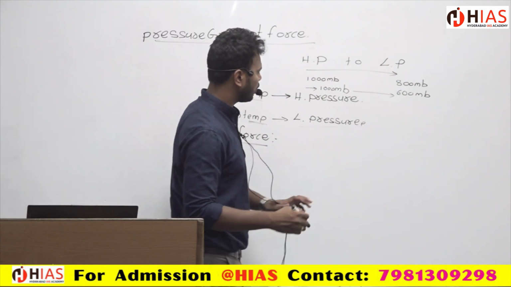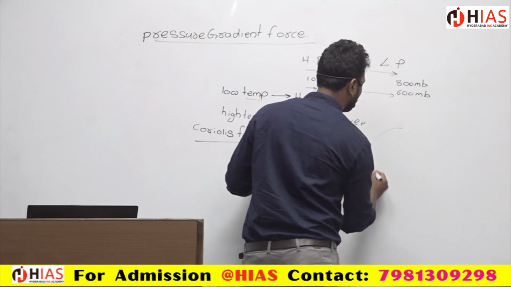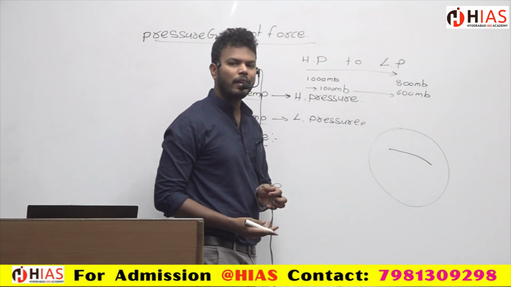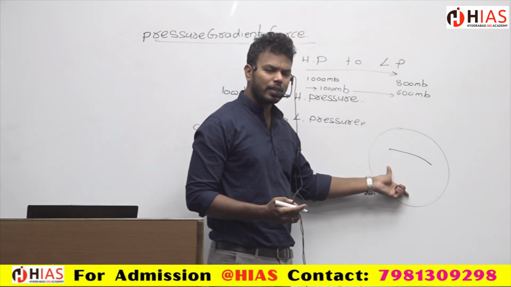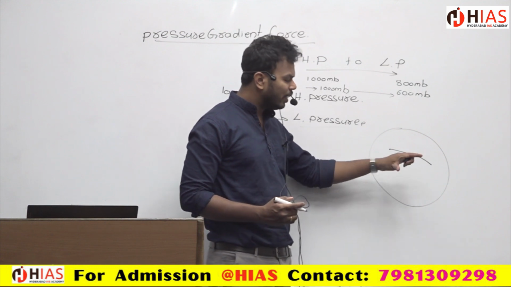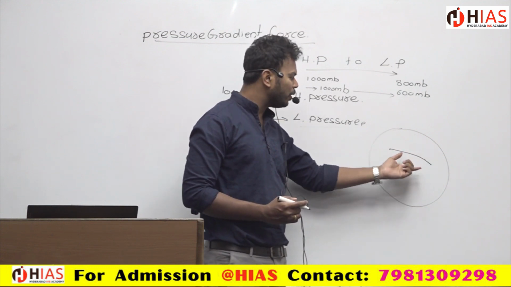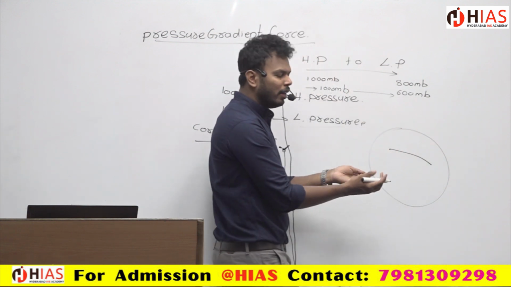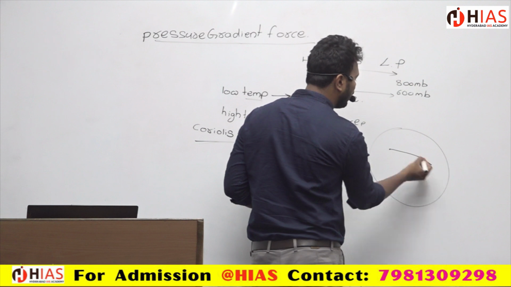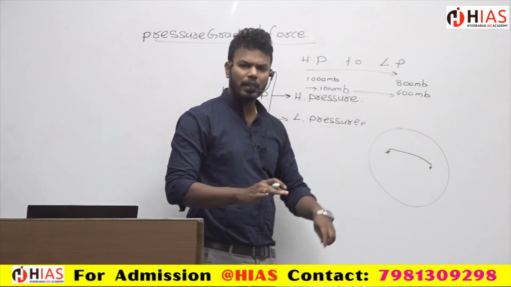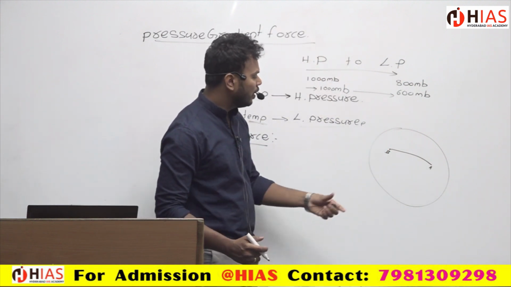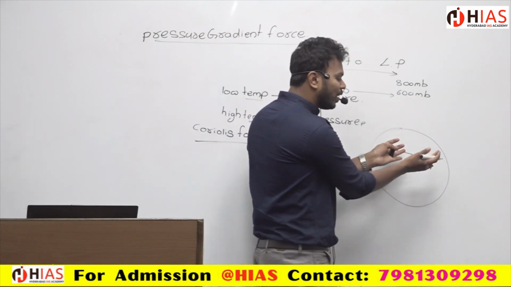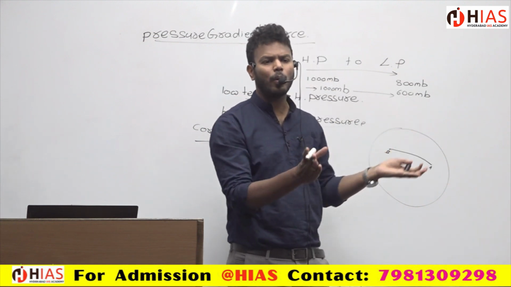Imagine this is a globe. We want to go from this place to this place, from India to the US. If it is static, not moving, we can easily estimate and go from A to B without any problem. But the earth is moving, the earth is rotating. As soon as the person starts flying, on the ground level it's no problem.